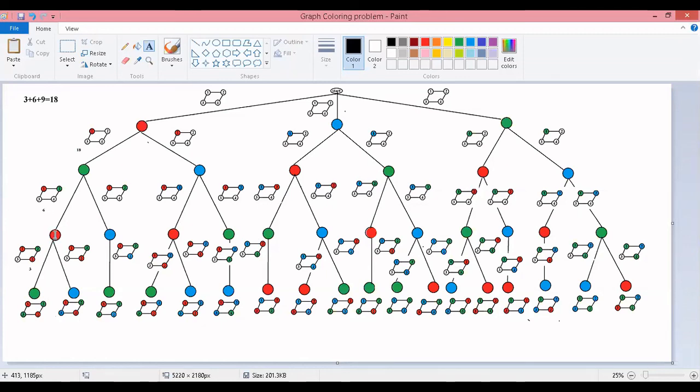Similar way, come to this red color node. This red color with this green color node 3 times. This red color again with this red color node one more 3 times. So totally it is 6 times. Coming to this node, this is green color node. Compare it with this red color node. Only 3 comparison because 3 colors. Only 1 edge. So the distance is 3. So 3 plus 6 plus 9, it is 18.